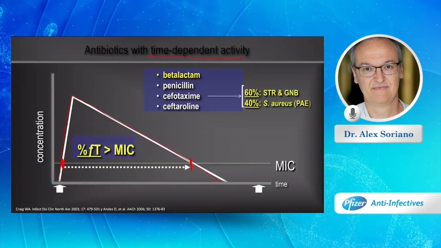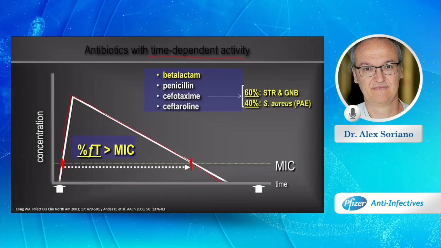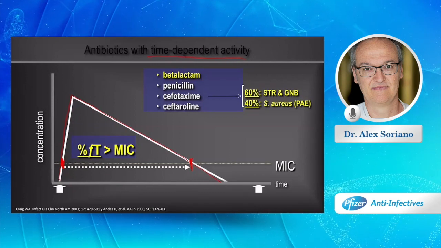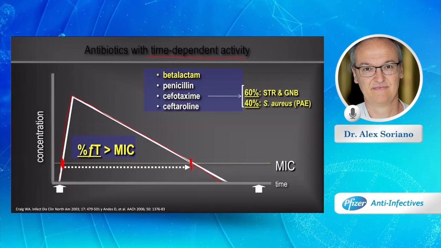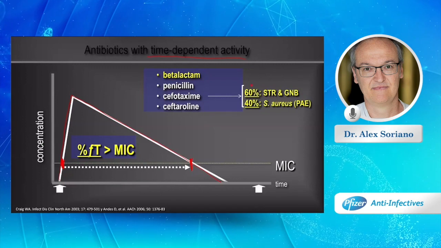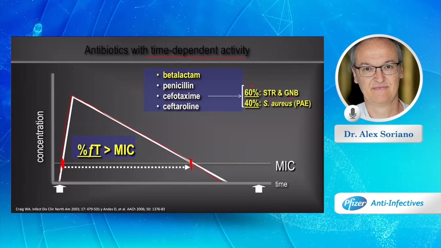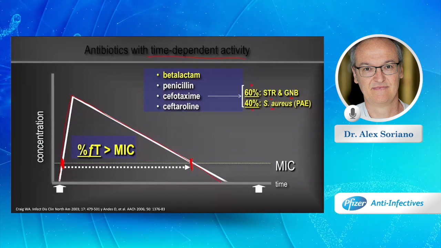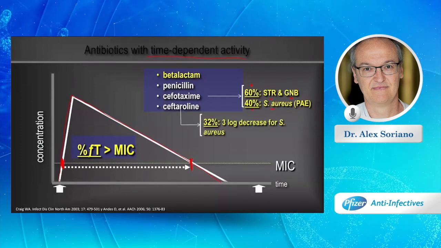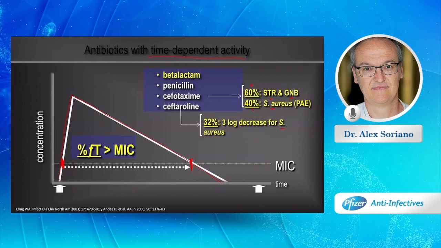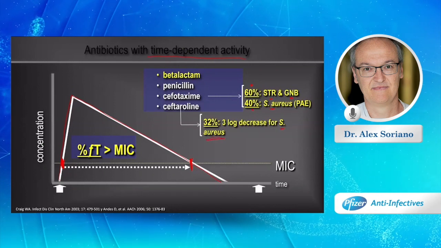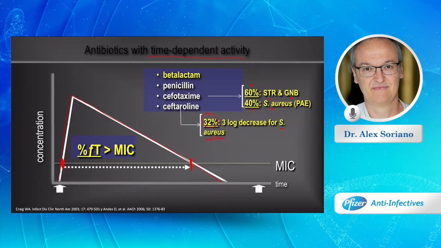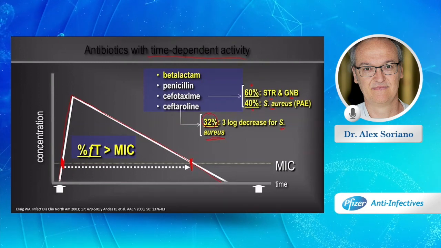So what we need is to maintain a specific period of time over the MIC in order to be active. We know, for example, that for cefotaxime, this should be 60% for strepto and gram-negatives and 40% for staph aureus. Well, which is this rate for Ceftaroline? Well, we have data from animal models against the staph aureus showing that only 30% of the exposure obtains a 3-log reduction in the total amount of staph